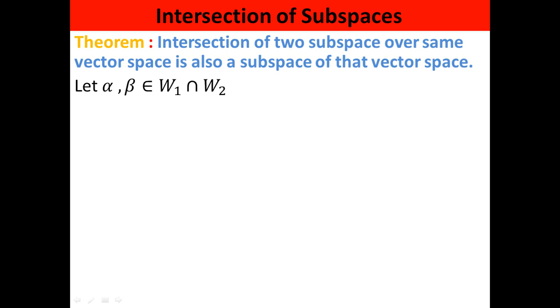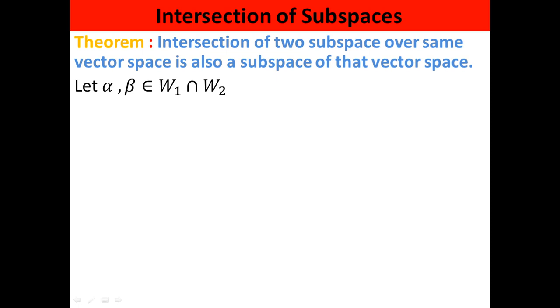You know how to show a set is a subspace. There are two conditions. In the first condition you have to choose two elements alpha, beta, then you have to show that alpha plus beta is also in that set. And for the second condition, you have to choose an element from the set and an element c from the field F, and you have to show that c alpha belongs to that set.